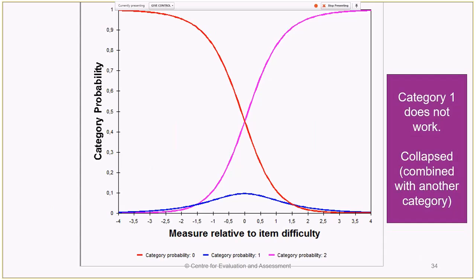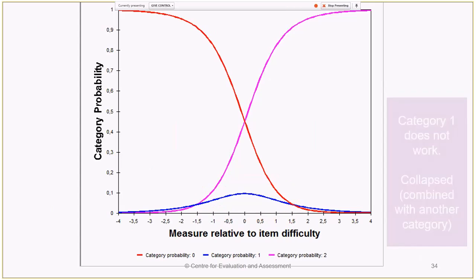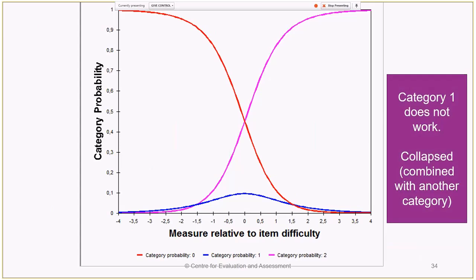This is from a maths test. So category 1 doesn't work. So we had to combine it with one of the other categories. And you can see here in this item where the person answered the maths test, they answered an item in a maths test, they could either have a 0, so they got the question wrong. They could have 1 if they had one of the steps right, or they could have had a 2. But the 1 falls flat, so that it's meaningless basically. Most people got a 0 or a 2, and 1 doesn't have any meaning, which is why we had to collapse some of those categories.